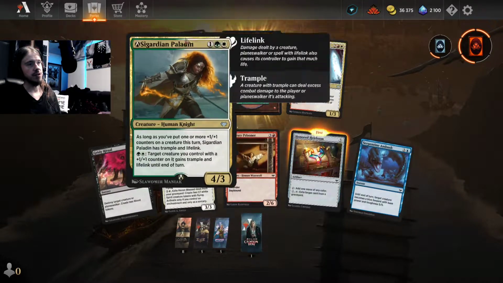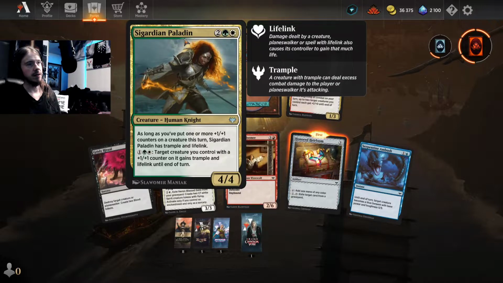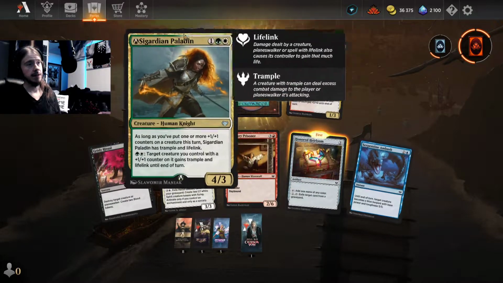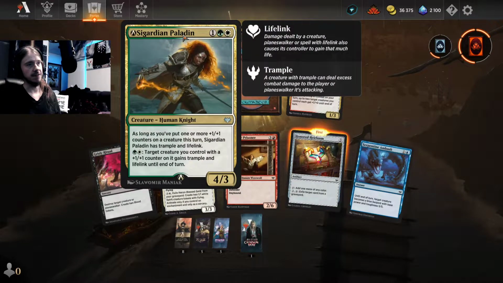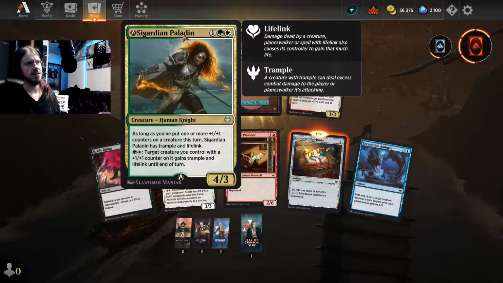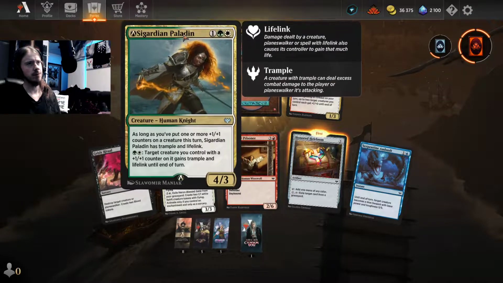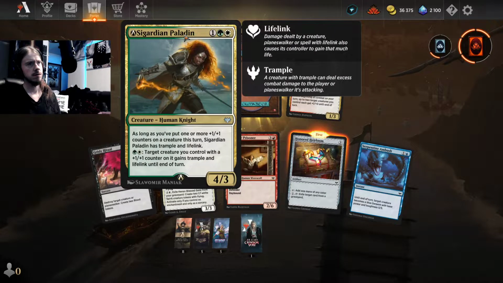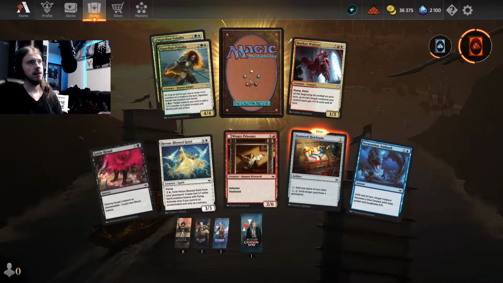And the alchemy version is 1 mana less expensive in both casting and the ability, but it has 1 less toughness. Still, the alchemy version seems maybe more powerful, unless I'm missing something. Okay, and the main card is